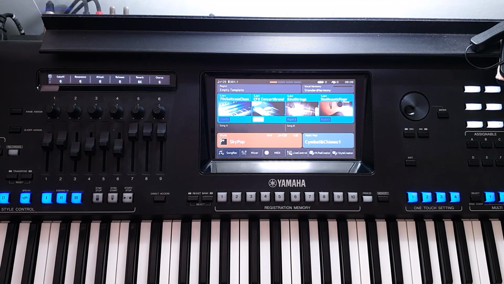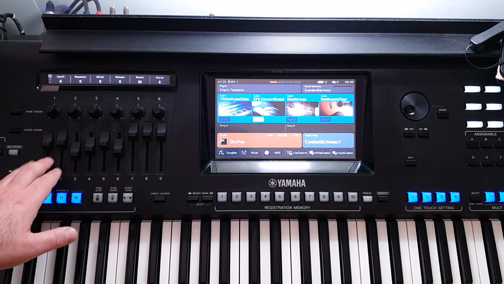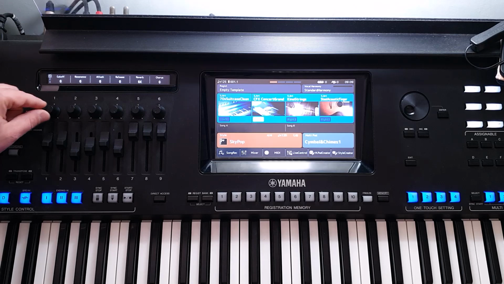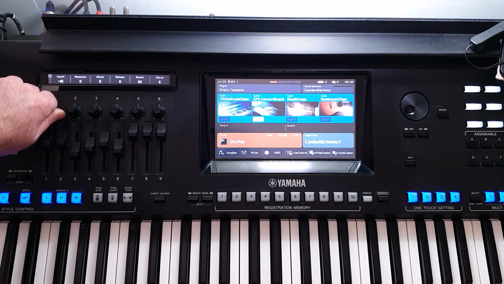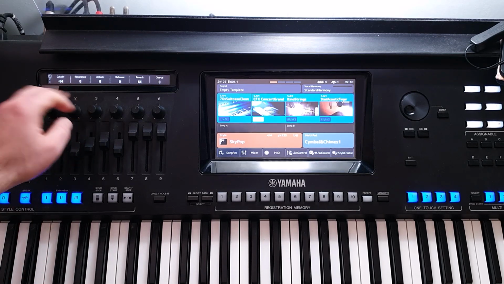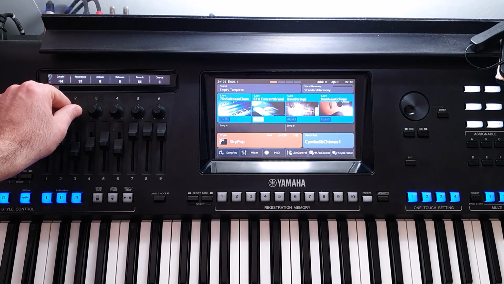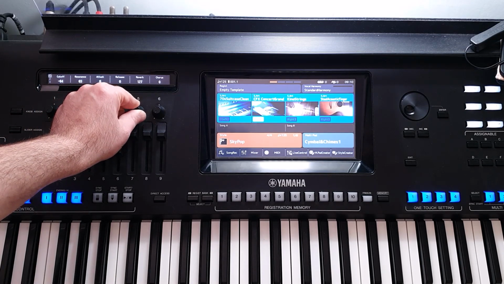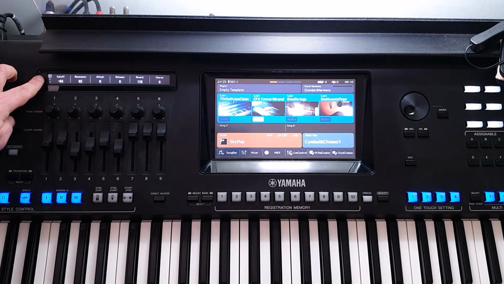So the question basically was, what happens when I turn the cutoff all the way down to get this muddy sound, then I turn up the resonance and then the reverb? I guess it was in the first mode here.